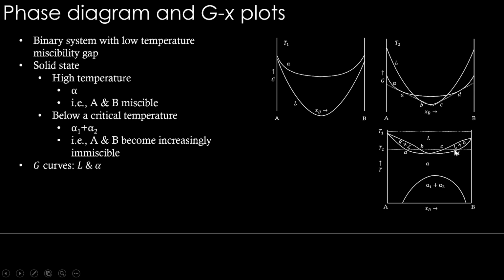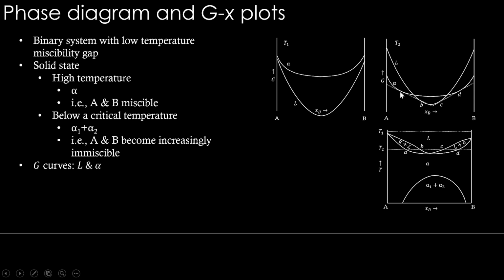You see, we have two common tangents, and both are actually touching the same two curves, but they give this sort of construction where we get two tie line informations. And in between B and C, this curve is the most stable one, right? If you draw a tangent to any point between C and D, you will see that no Gibbs energy curves will lie below that. Therefore, in this region between B and C, it is only this liquid that is stable. So that also you can see in the phase diagram, between B and C, only liquid is stable, right?